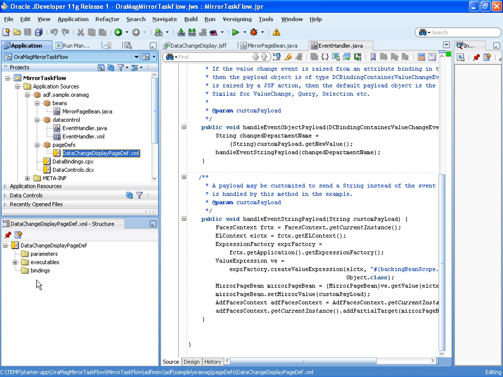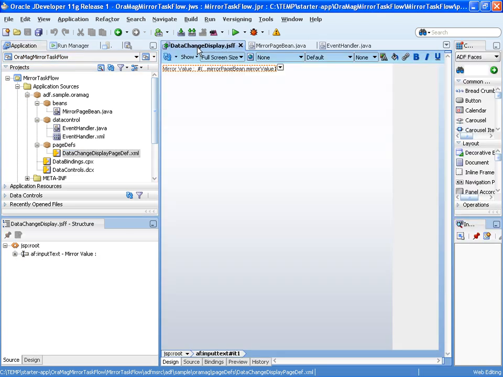And then in the bindings, I would need to create two new entries for a method binding. Now I can do the same from the page, which is a lot easier to do because the dialog is so much nicer. So I go to the bindings tab,